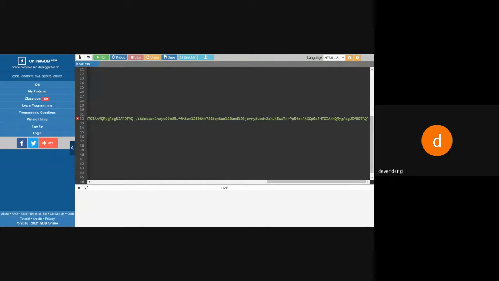Then I'll close this. Though image is an object, we are not going to display any message on the screen, so we don't have any opening and closing tag. Till now we have seen for the table, opening is there, closing is there, tr is open, tr is closed, td is open, td is closed, th is open, th is closed.